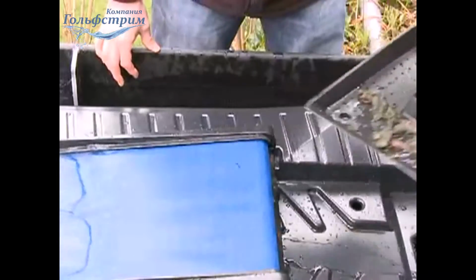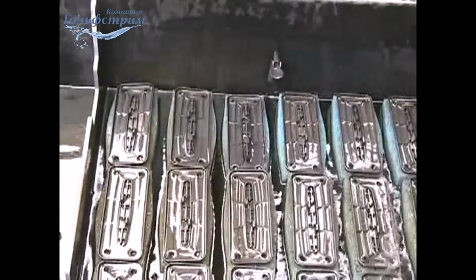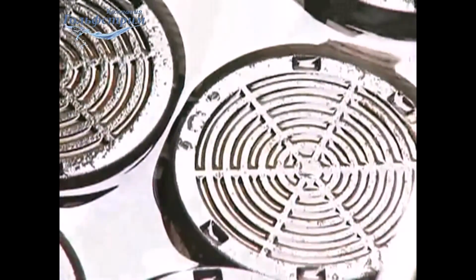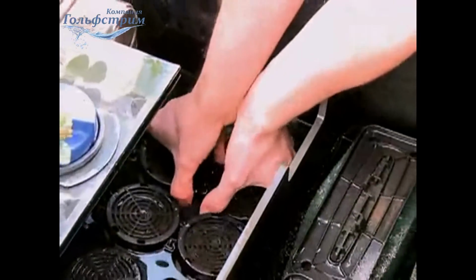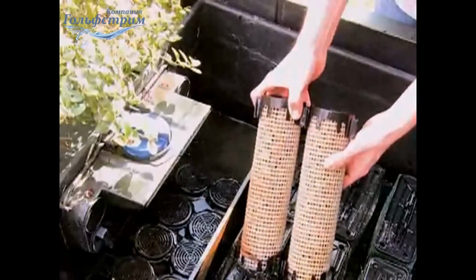The foam media below has a very high surface area, allowing for rapid colonization of essential filter bacteria, which then leads to a chamber filled with zeolite, and Oase grants a clear water guarantee on the filters when used correctly. These filters are characterized by their large filter volume, which creates an ideal environment for removing solid particles from the pond, removing excess nutrients from the water that would otherwise result in algae growth, and maintaining the correct biological balance in the pond. The zeolite cartridges can also be replaced with Oase phosphorus for additional removal of algae nutrients such